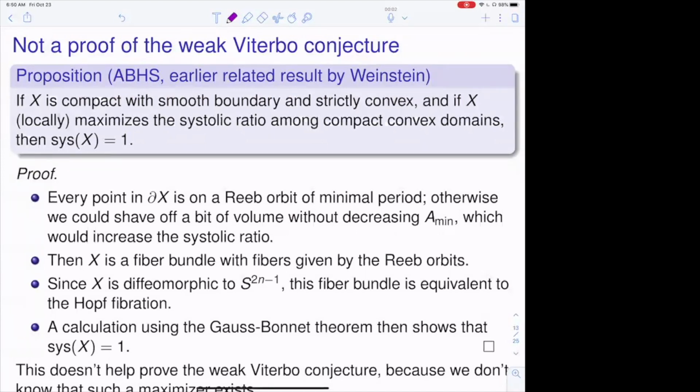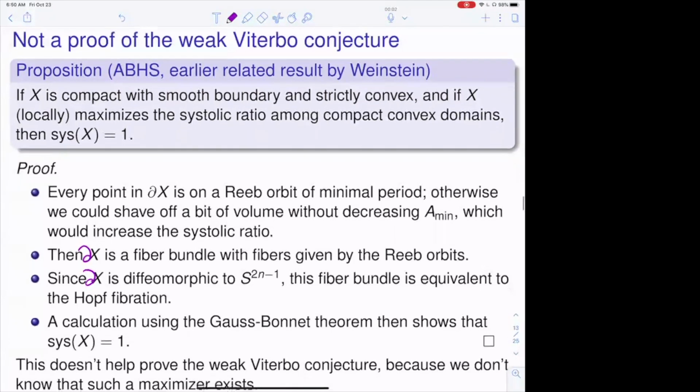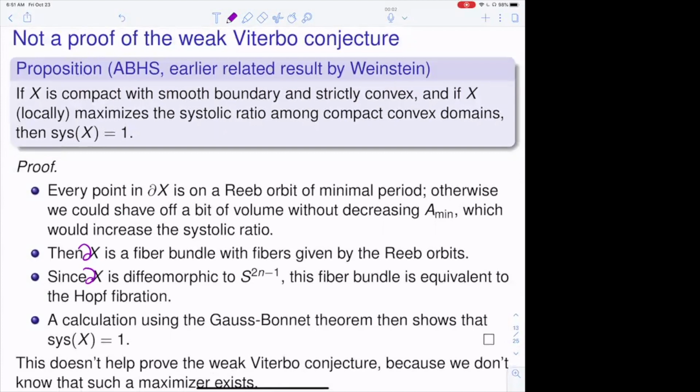So now every point is on a Reeb orbit, and that means that the boundary of X, let's fix this little typo here, the boundary of X is a fiber bundle whose fibers are the Reeb orbits. Because the boundary of X is diffeomorphic to a sphere, this fiber bundle has to be the Hopf fibration by a little topology. And then you can calculate its volume using the symplectic form and the Gauss-Bonnet theorem, and you find that the systolic ratio equals 1. That's very nice, although it does not actually prove the Viterbo conjecture because we have no idea whether